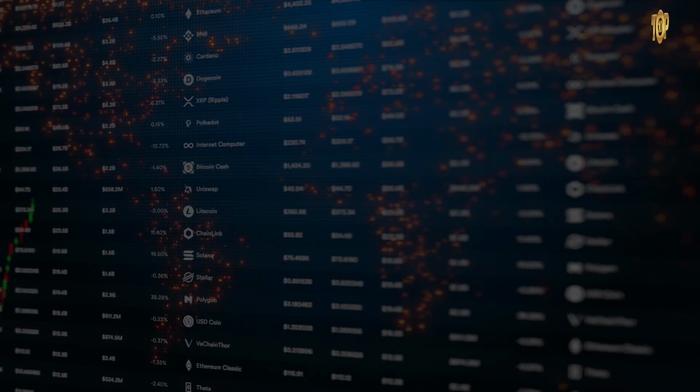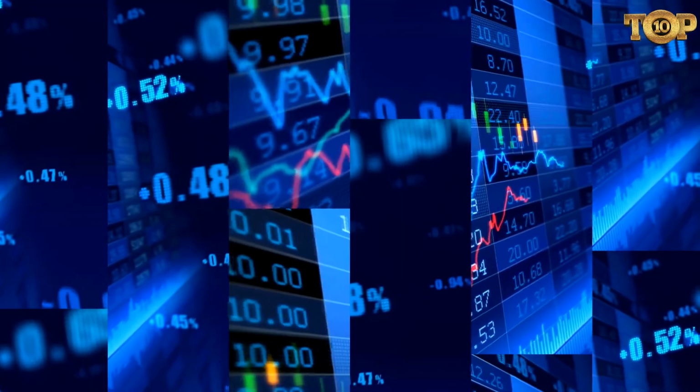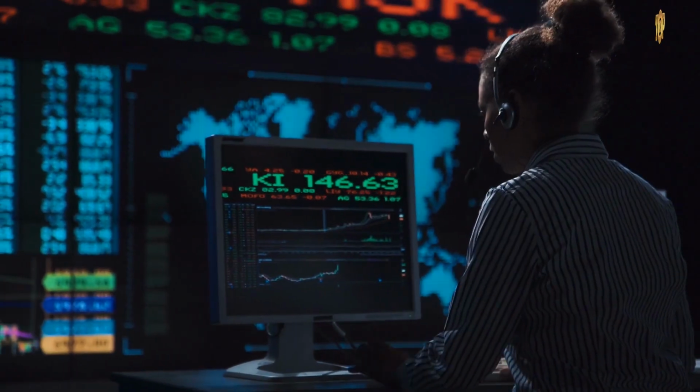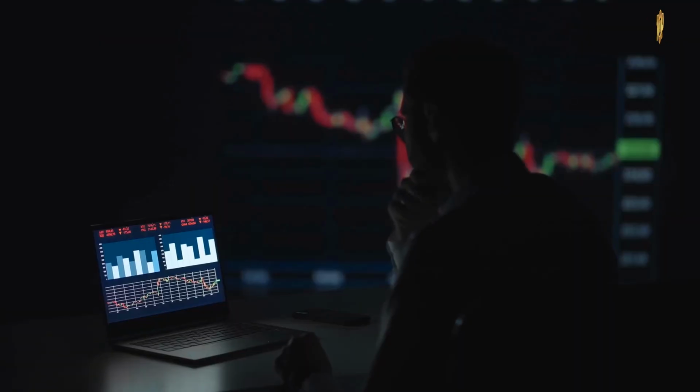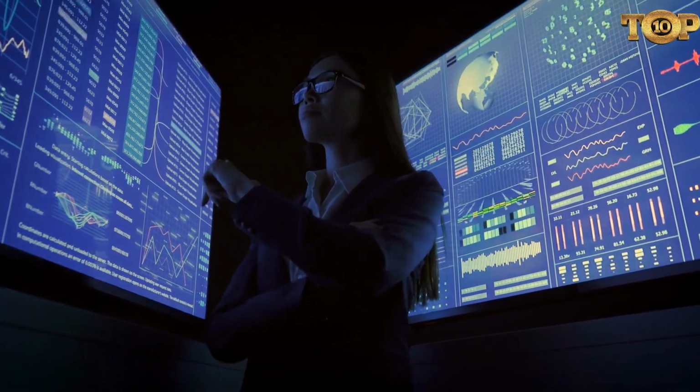Tip number 6, manage your emotions. Emotions can be a significant obstacle to successful trading. Fear, greed, and FOMO, fear of missing out, can all lead to poor decision-making and significant losses. To manage your emotions, you need to develop a trading plan, stick to your risk management techniques, and avoid impulsive